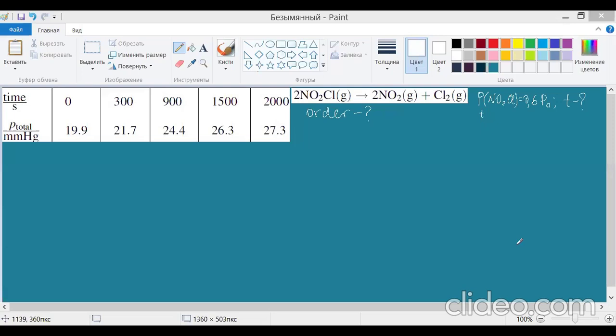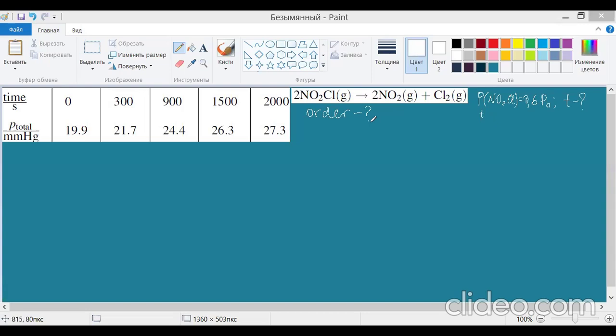Now we're going to continue our work, and here's the next problem. We've got the reaction of thermal decomposition of sodium chloride, which obeys the following stoichiometric reaction. Using the following data, we need to find the order of this reaction, and also we are supposed to calculate the time